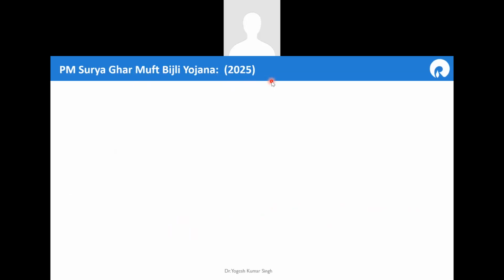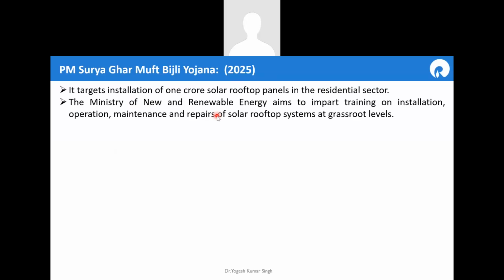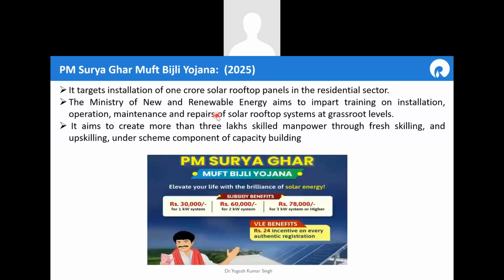initiative done by the Government of India. You can also utilize this particular Muft Bijli Ghar Yojana for your roof and your site, because this is a very subsidized rate. So if you're talking about the PM Surya Ghar Yojana, basically this is the Muft Bijli Yojana where